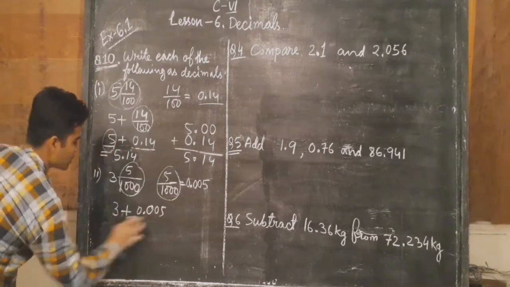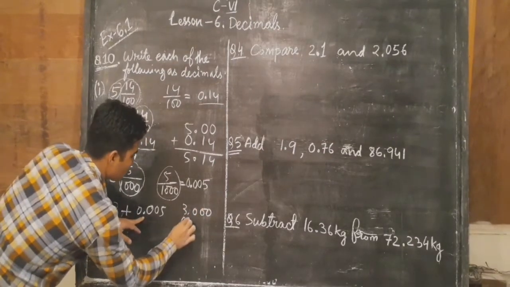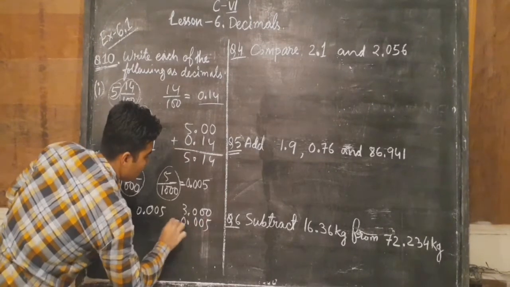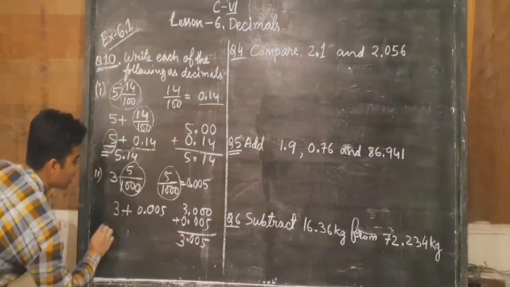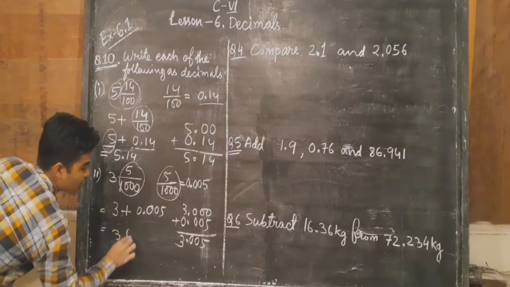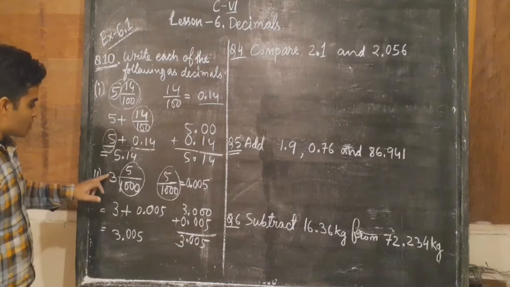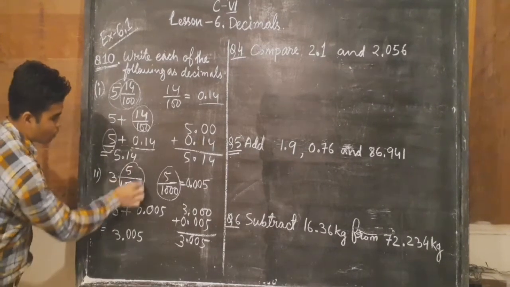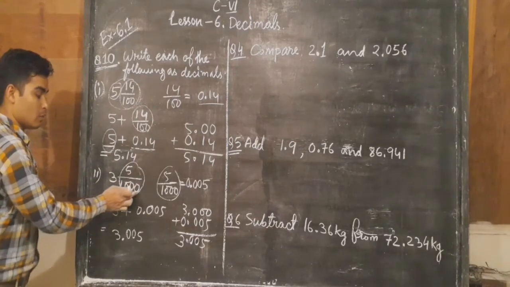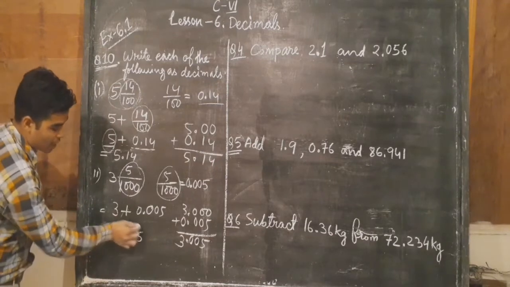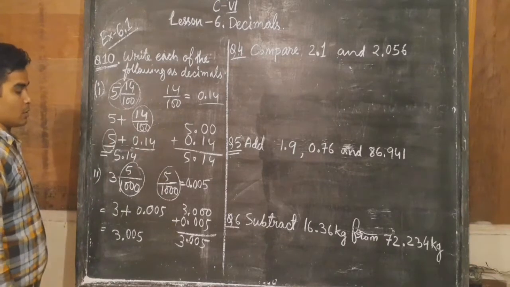0.005. Now if you add these two numbers together, 3.00 add 0.005. Add this, then what will you get? You can see you will get 3.005. We can do like this. This 3 will be in the whole number part, and this fraction if you convert, it will be 0.005. This fraction 5 by 1000 will be 0.005. You can write directly also, but I have shown this step to understand this method properly.